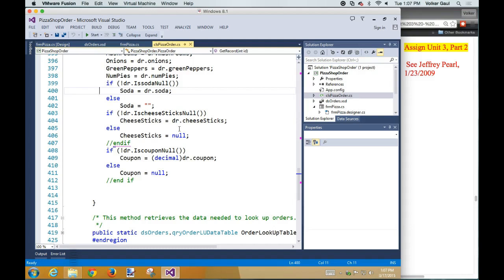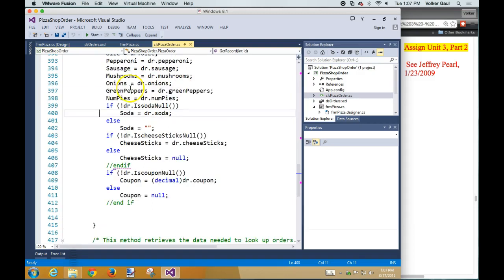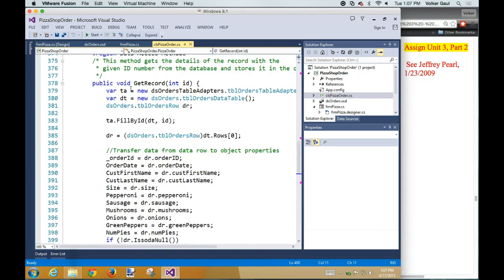So for those fields, you have to check to see if there's a null value in the database. The way you check is you simply add our data row. Remember, I'm in get record here. This is in the class. Remember where we are. I'm in the class. The class is the one that talks to the database. So if there's null values in the database, the only one that should really have to worry about it is